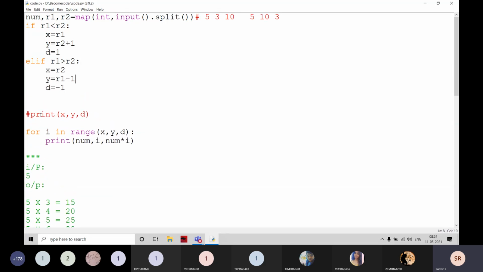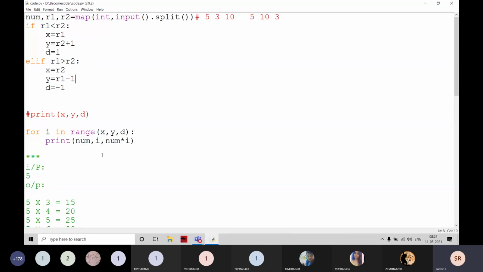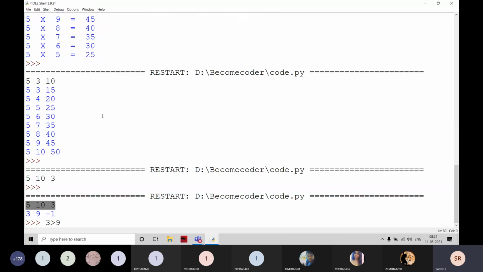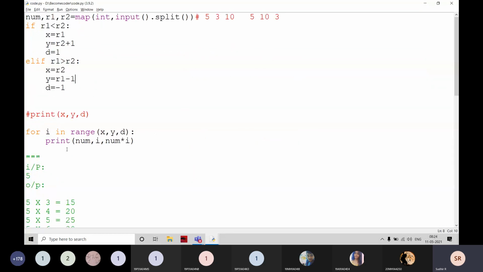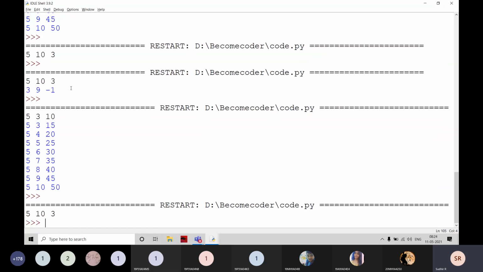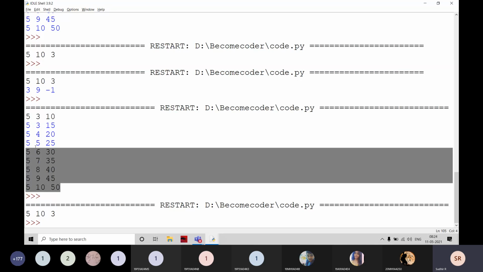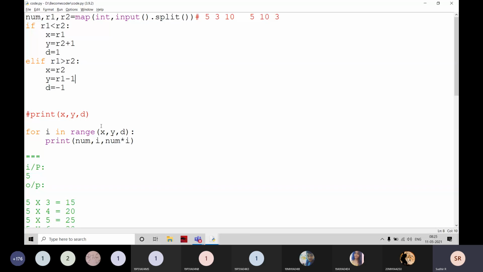You are thinking that if it is possible to print either this value or this value, we are going to print the same output, then it is okay. For example, if I execute it for this input, I got this output, and if I give the input like this, I want the same output. That means I'm going to start at 3 and stop at 10. That is okay, but for this program, that is not a perfect one.